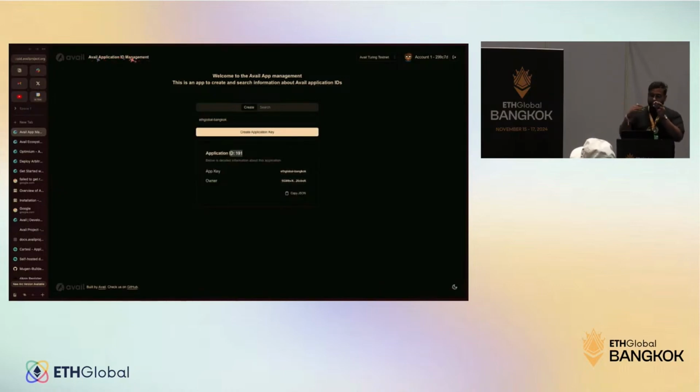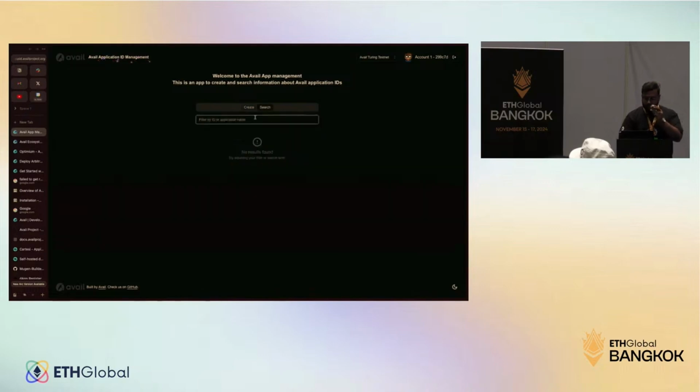If I ever forget my application ID but I know what my app key is, I just have to search for it with ETHGlobal Bangkok, and I'll get it later on. If I search for ETHGlobal Bangkok, it should work if the internet works. But anyway,